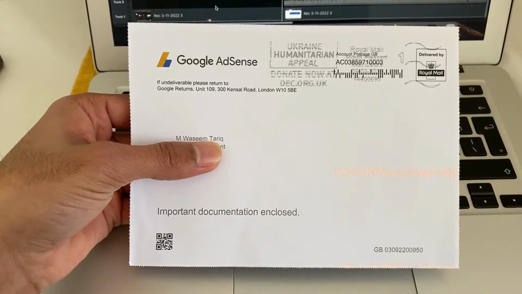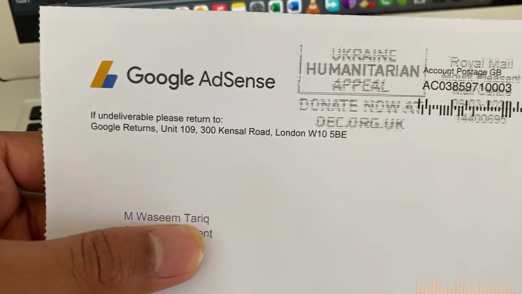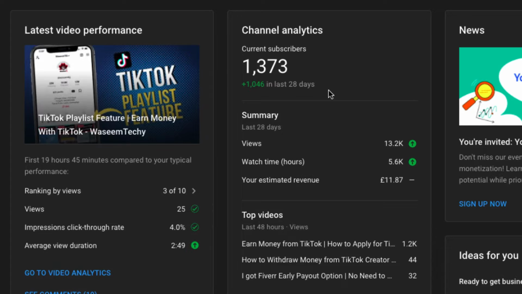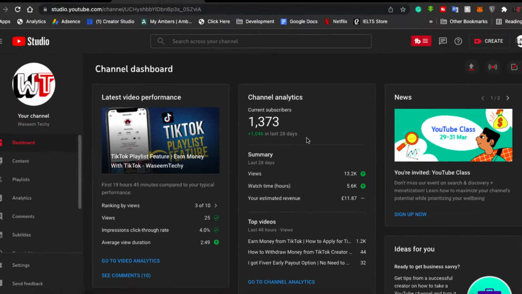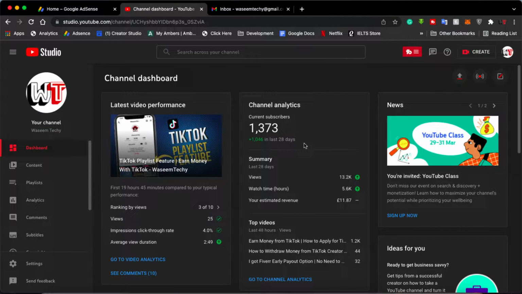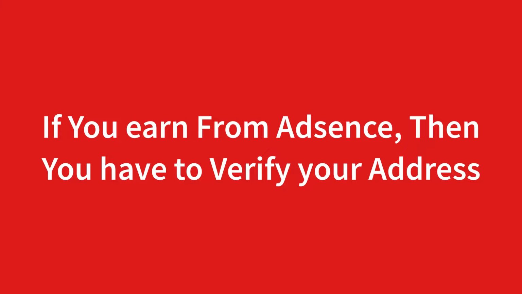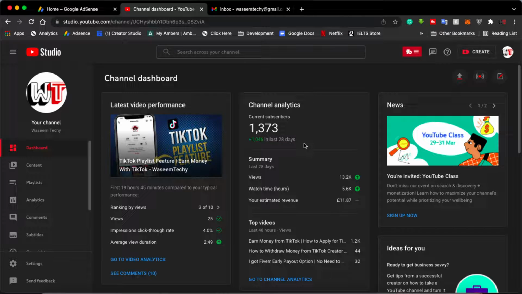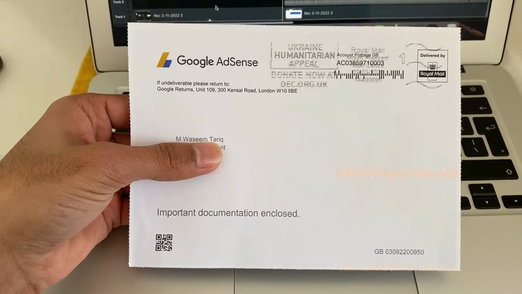So guys, I received a PIN verification letter from Google because I have earned $10 from my YouTube channel. And guys, this step is going to be the same for every single person who is earning, who is working with Google. Doesn't matter if it's from a website or if he has connected his YouTube channel like me and he is earning from a YouTube channel. So guys, whenever you are going to cross $10 in income or equivalent to that currency, then Google